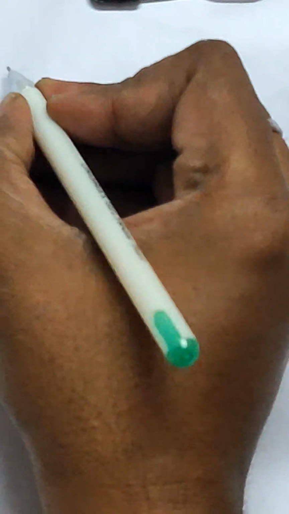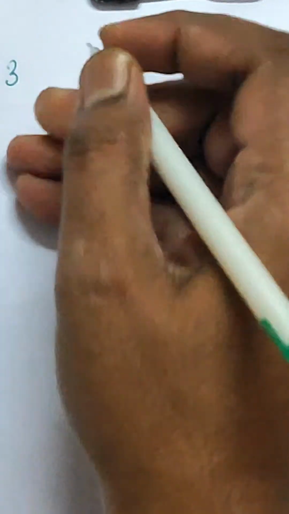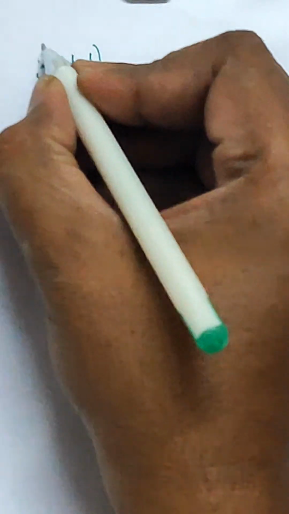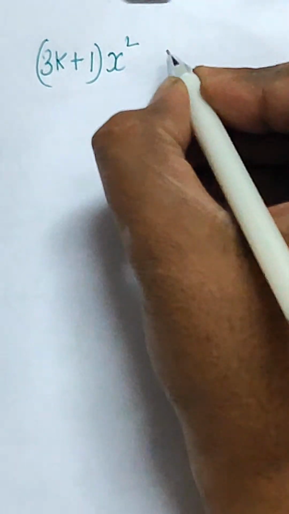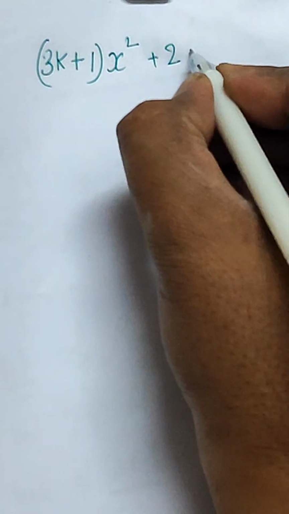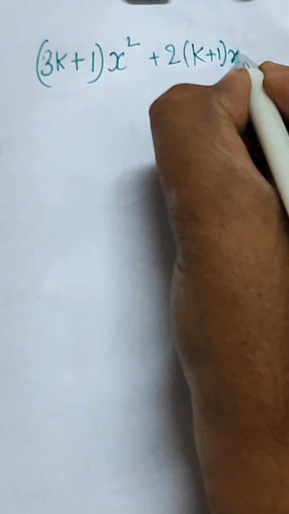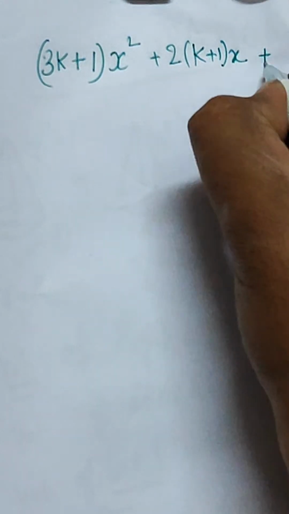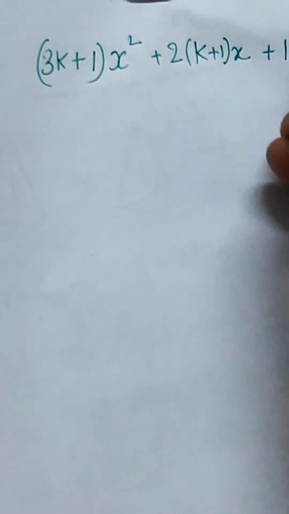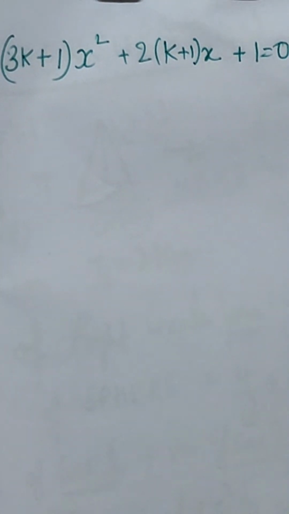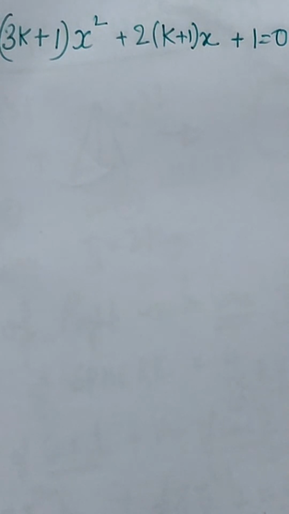Where it's given that the quadratic equation is (3k plus 1) times x square plus 2 times (k plus 1) into x plus 1 equal to 0, right? So this is the quadratic equation which is given to you. Now it's given that